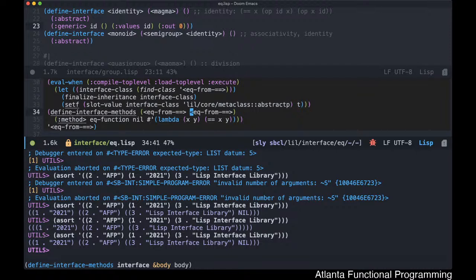But because of that, don't think that when you're defining a method for an EQ function, or a method for a specific interface or a mixin, that's a concrete implementation of an interface, that the binding that's happening at runtime is going to be to a